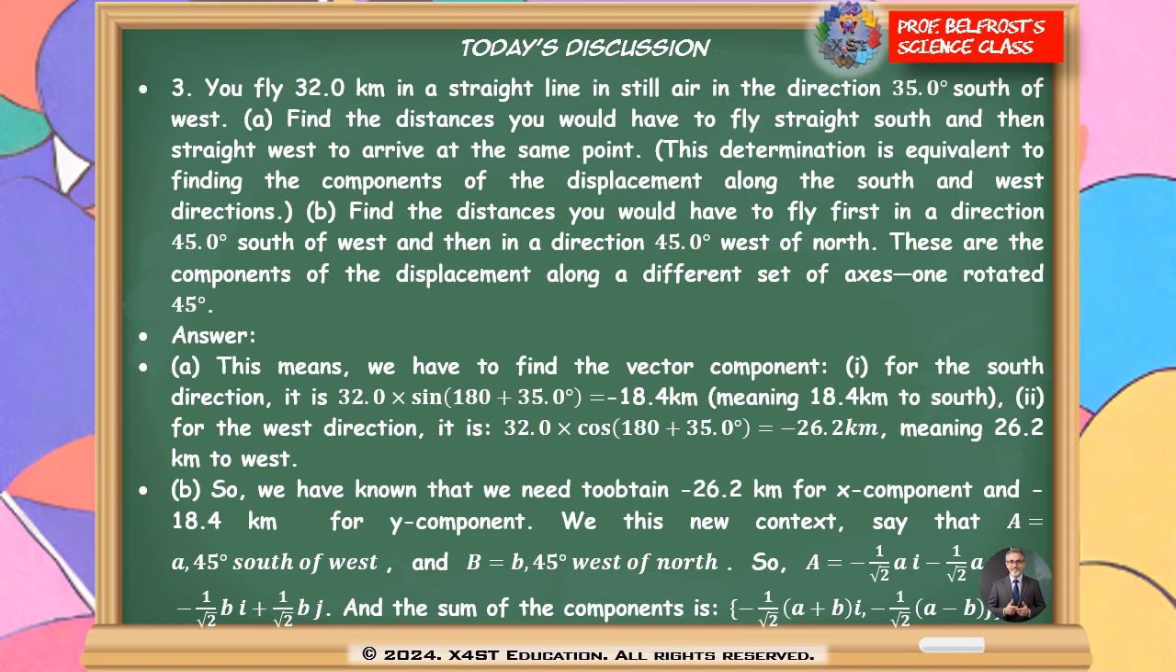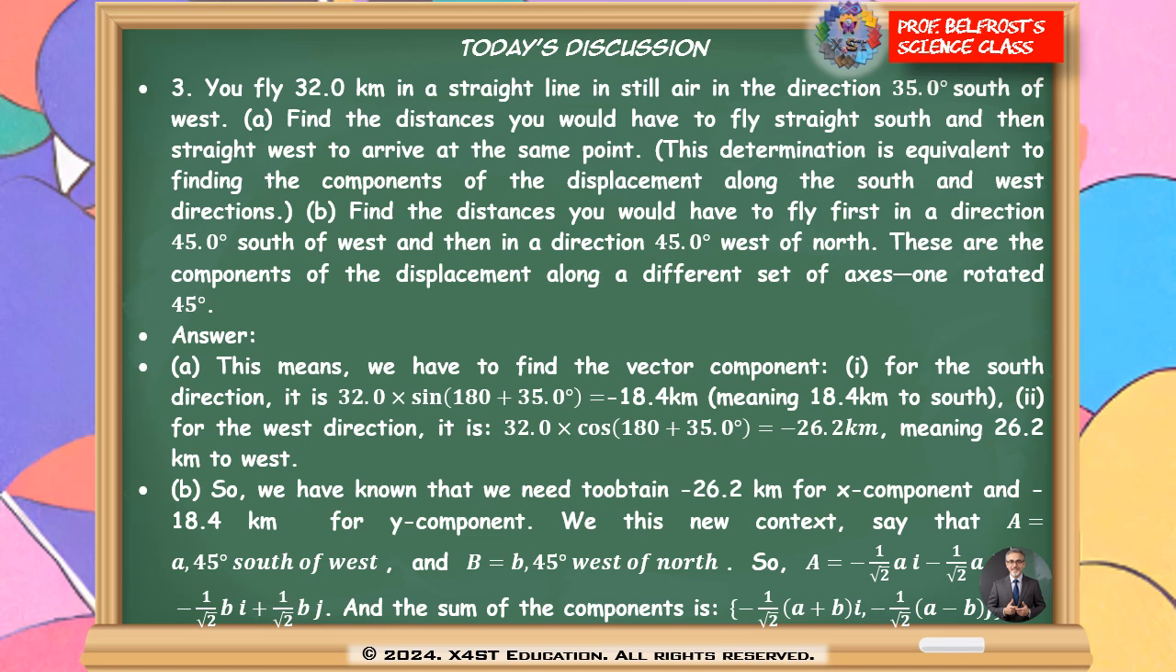Number three, say that you fly 32 kilometers in a straight line in the direction of 35 degrees south of west, and you have two cases to solve. Okay, so the distance you'll have to fly straight south and straight west is actually the vector component. So for the south, it means you take the sine, and for west, it's the horizontal component, so you need to take the cos. Okay, so sine and cos, and please pay attention to the angle because you are taking